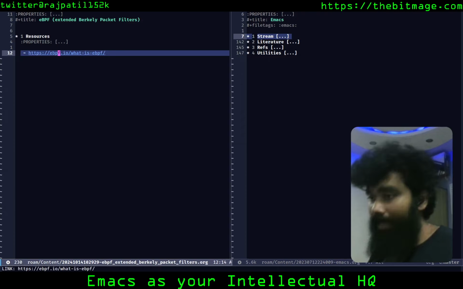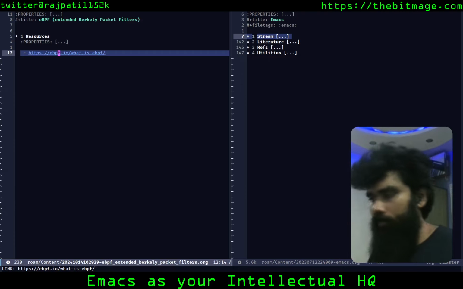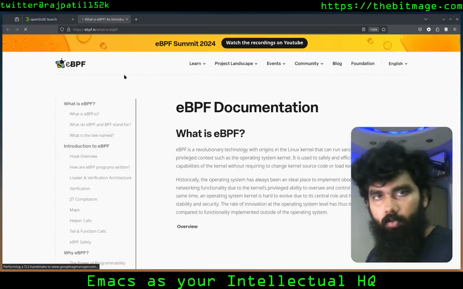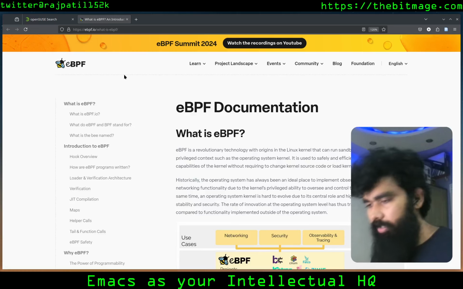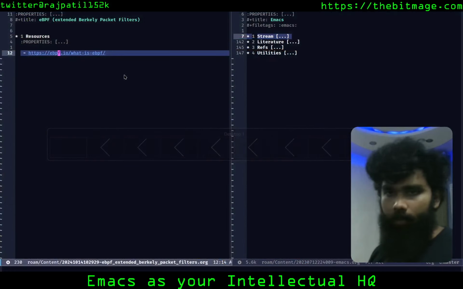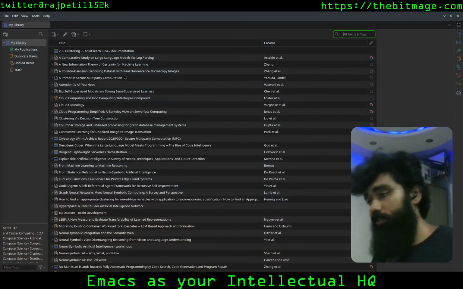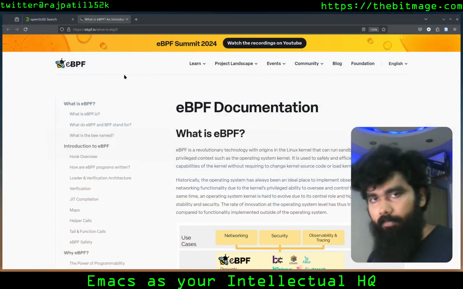So there's that too. If I hit that, this is an external link, and one interesting segue right now is that I've set up the default browser to be Firefox, and it's just going to open up a Firefox link. I hit enter, it takes me to my desktop where I was using Firefox. So it's desktop number 9. Usually Emacs is on desktop number 1 for me. On desktop number 0, I have my research papers. My research papers, as in stuff that I'm reading, not stuff that I'm writing. It's via a Zotero extension. I'll get into that as well. So yeah, eBPF documentation.